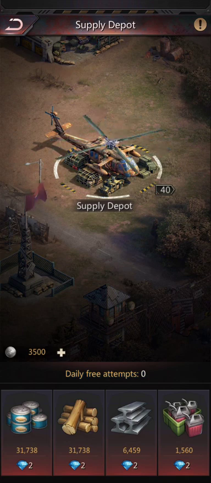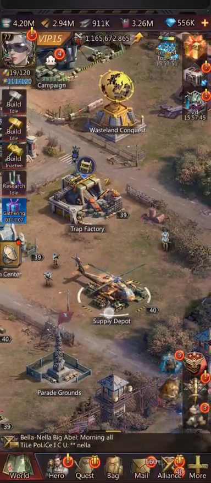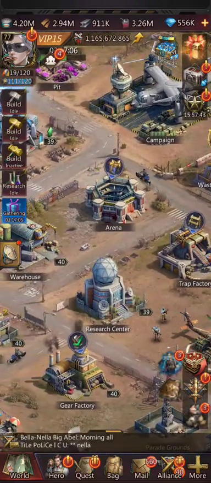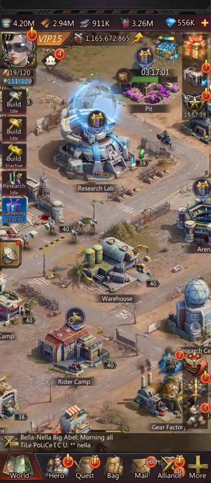One nice thing is that it does show you the depot coins stock available that you can use directly, instead of having to go through the bag to view that and to activate them. You can activate them from the supply depot. And then I think that covers most of what has really changed for